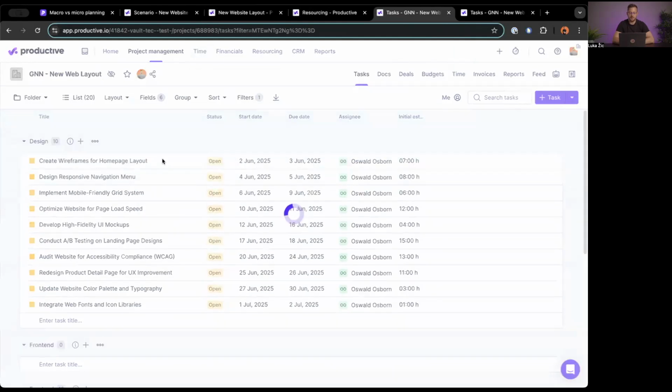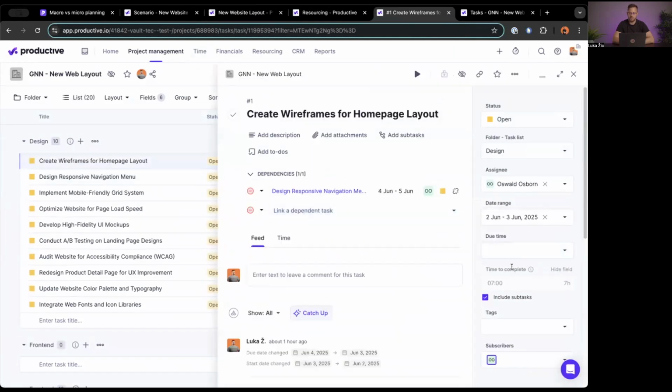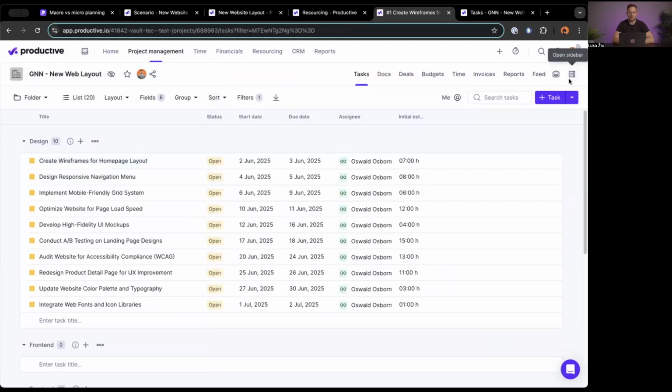And I've also assigned initial estimates to these, and I've also assigned a date range when I want these to be delivered. One thing that I've also done here is I've assigned dependencies, because I have a situation, let's say for this case, where the tasks have to be done successively one after the other because they depend on one another.